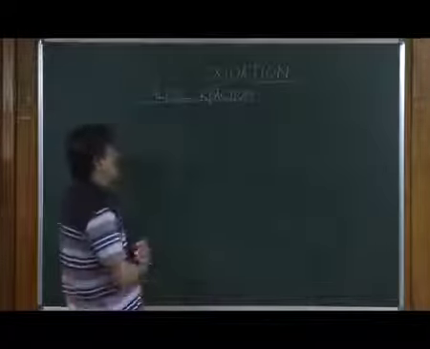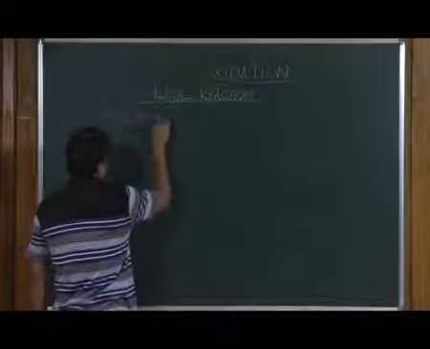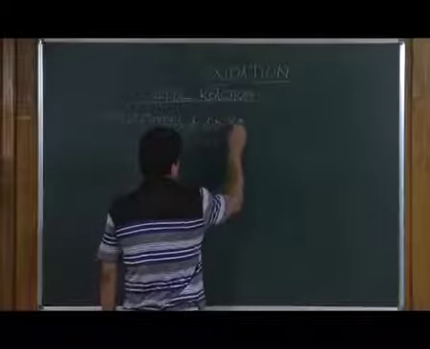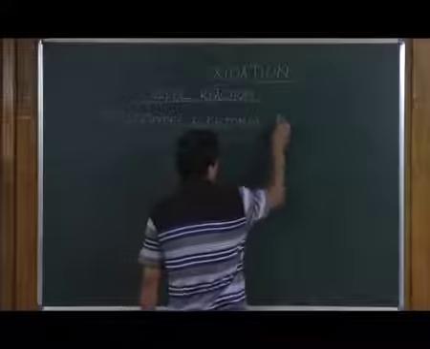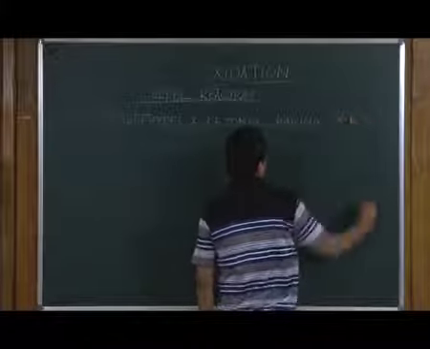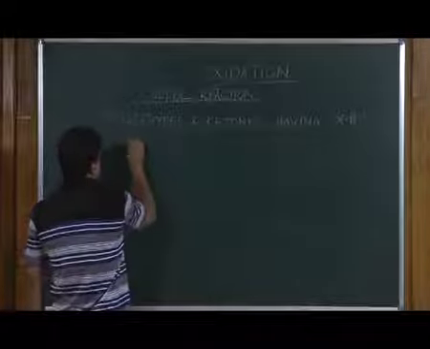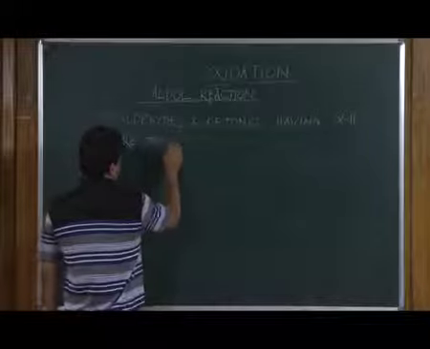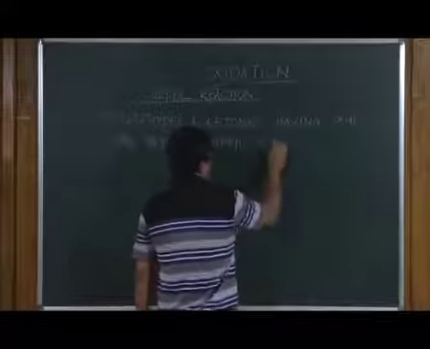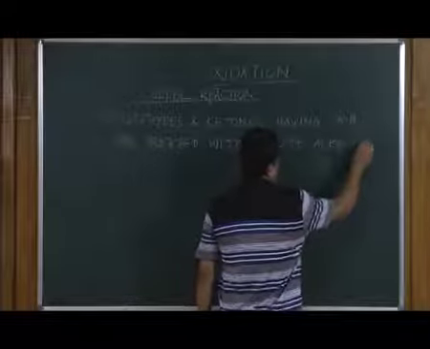So, aldehydes and ketones which have alpha hydrogen, if they are treated with dilute alkali, that is, a weak base a little bit,